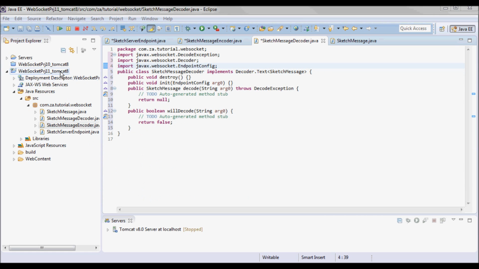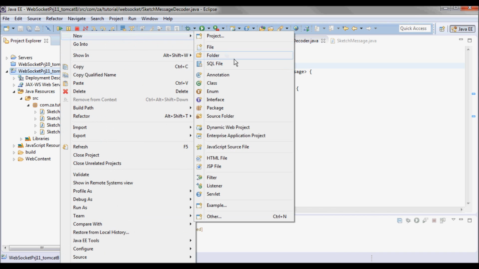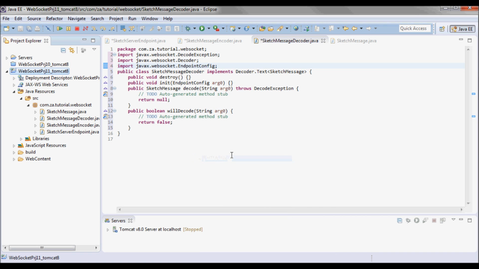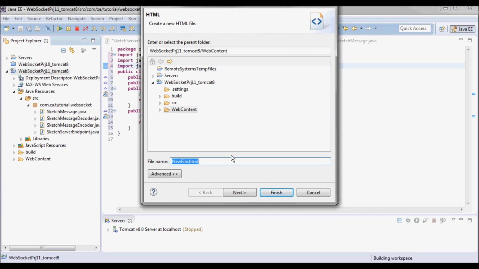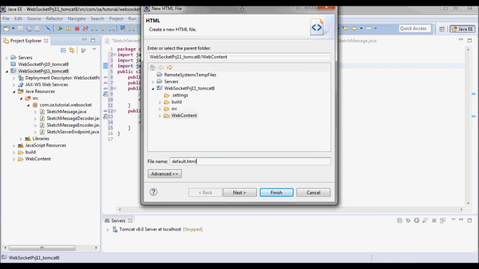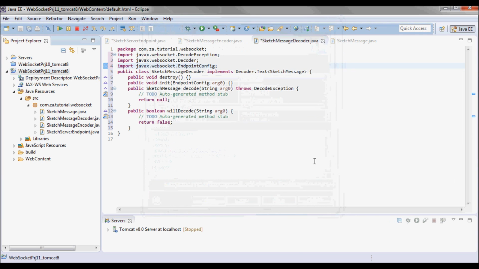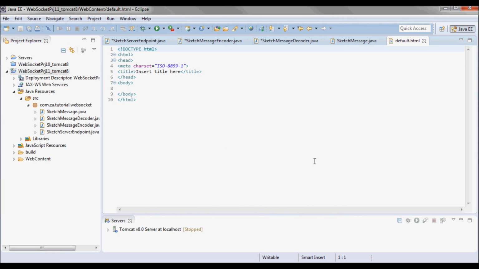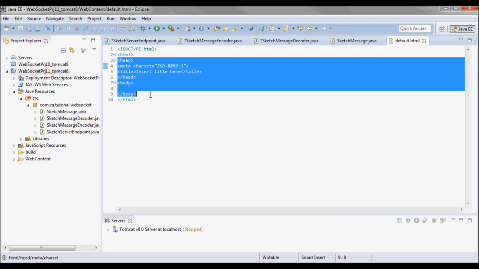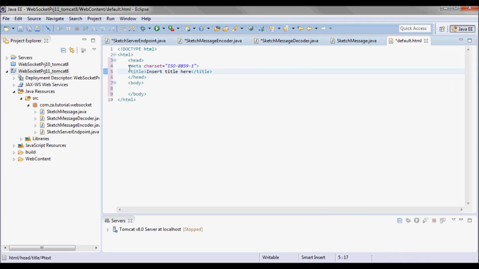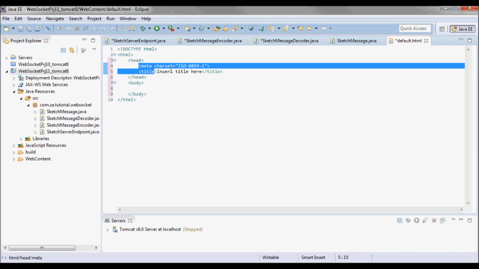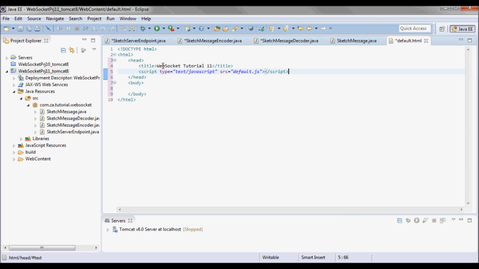And we will have a default.html, that will have this title, and we'll be using a JavaScript file, default.js.